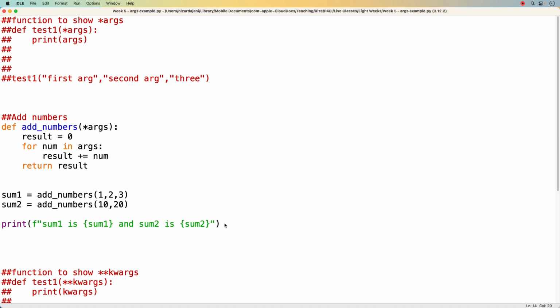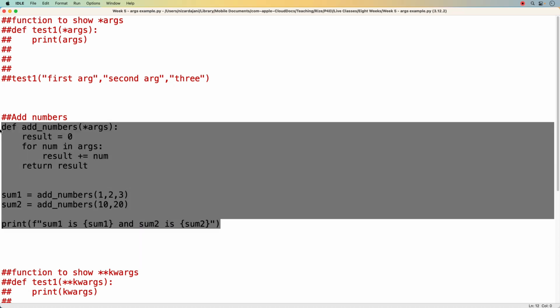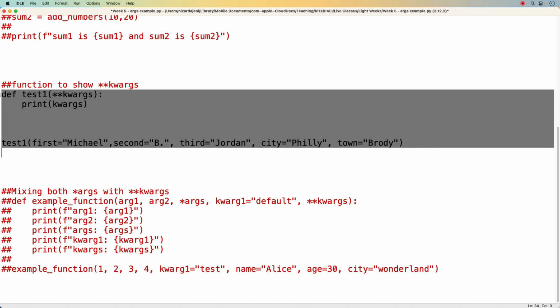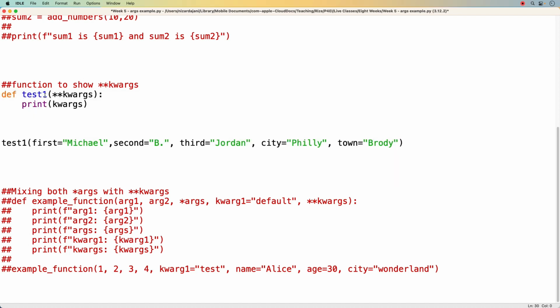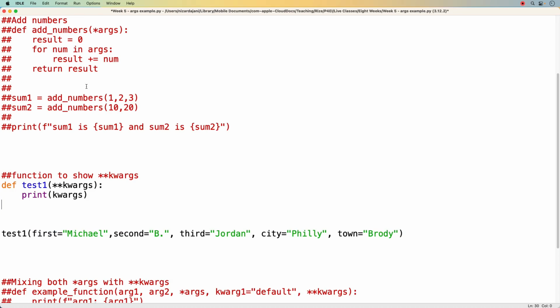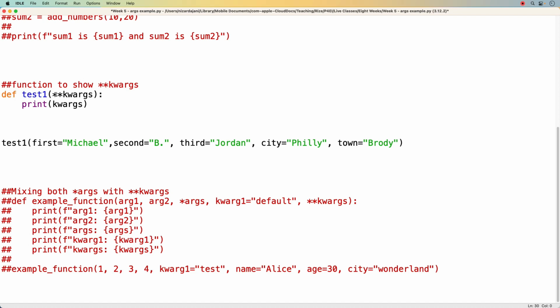Now what happens if we want to see keyword arguments and we don't know how many we have? So this example down here does exactly that. We have again test1 function, and instead of star args we have star star kwargs, keyword arguments, and then we're going to print them out just like we did before. But do remember that when we printed out the star args, they came back as tuples. When we print out the kwargs, they come back as a dictionary, because we have a key and value